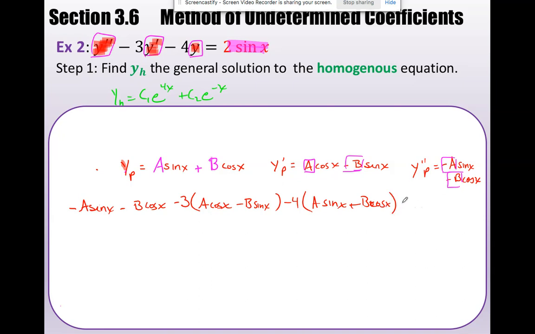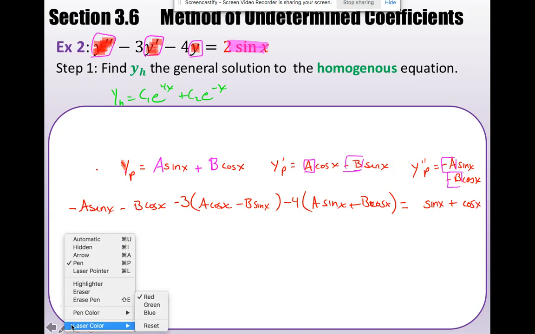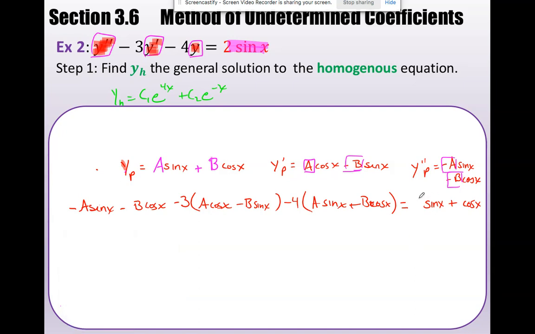And watch what I do here. This is supposed to be equal to a combination of sine x and cosine x with known coefficients. What is the coefficient of sine from the original? And what is the coefficient of cosine? Oh, snap. So your job is to line up all the sine